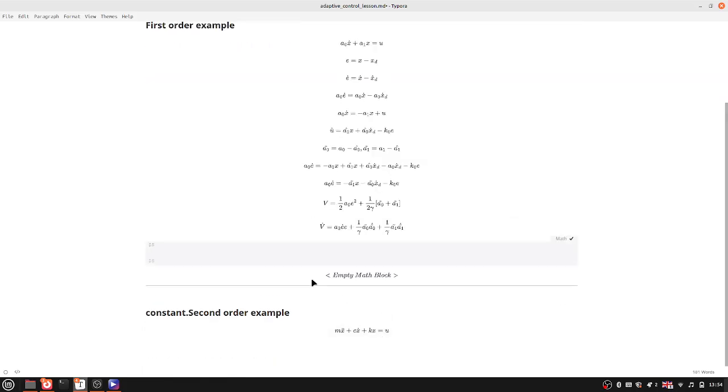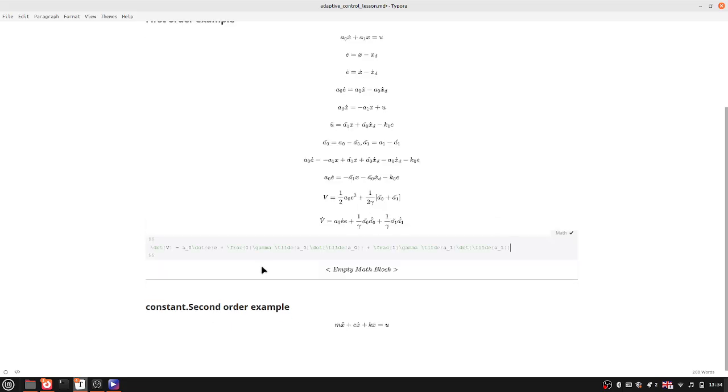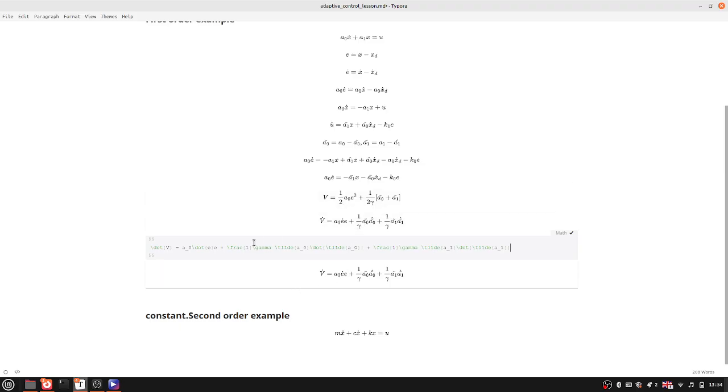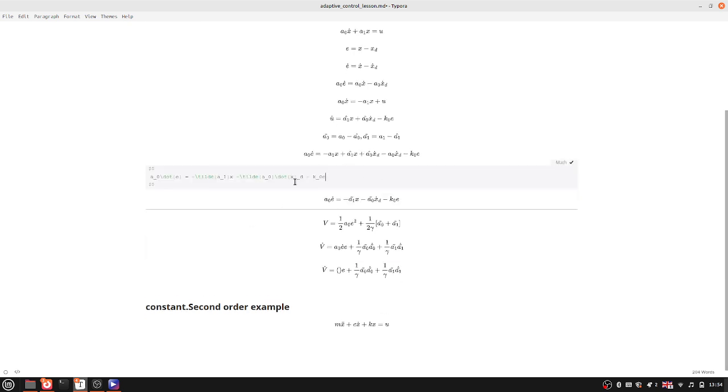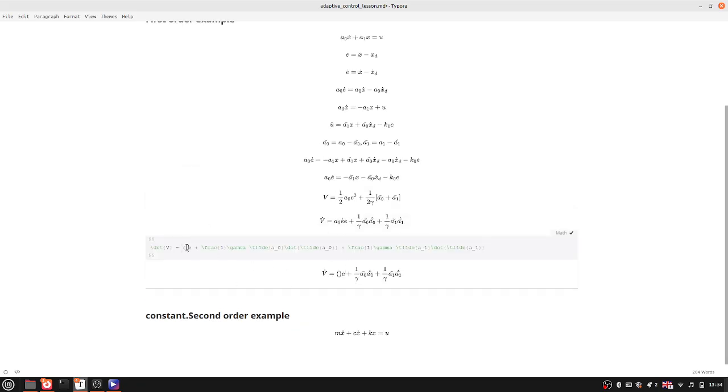We can substitute in those dynamics, so I'm going to more or less copy this, substitute in a0 e dot, which we already have. So here where I've written a0 e dot, I'm just going to get rid of it and put some brackets in, so everything's multiplied by e, so we don't forget. And a0 e dot, again, I'm going to copy this because I am lazy. So inside these brackets goes a0 e dot,